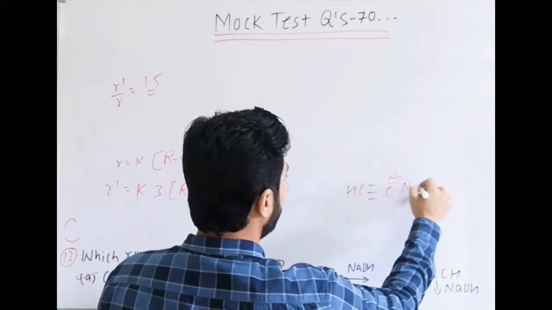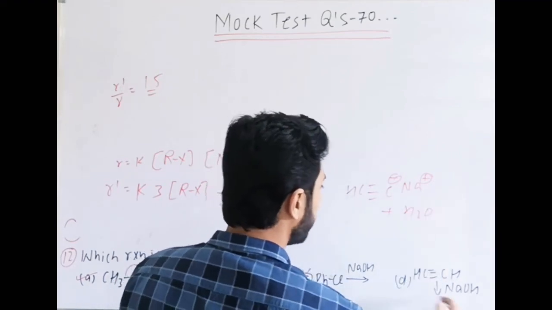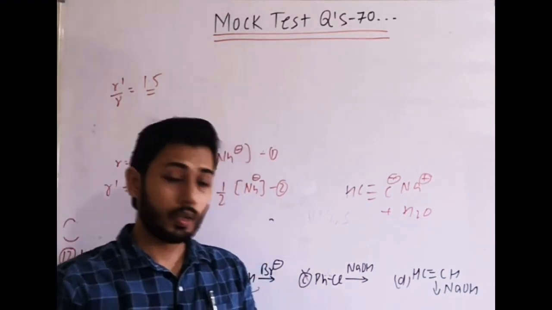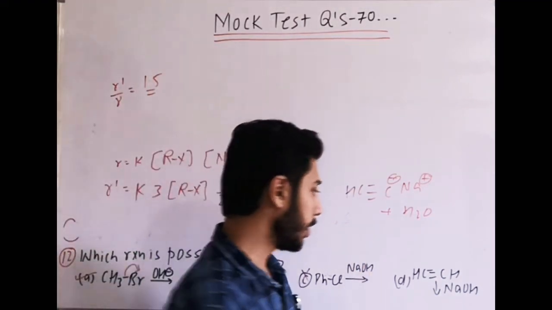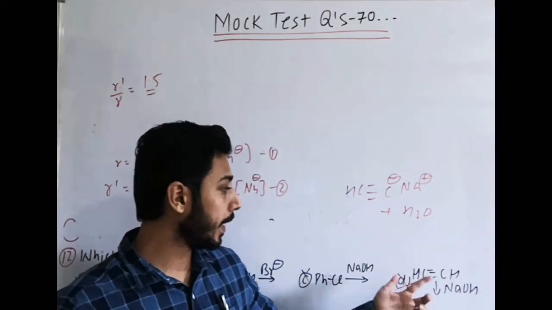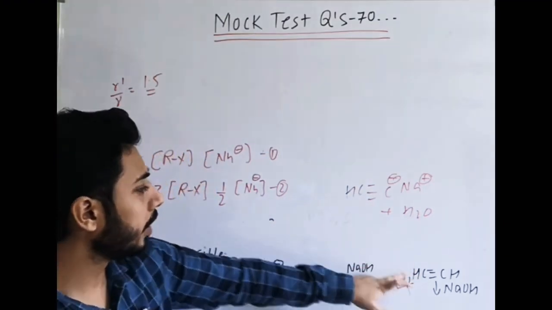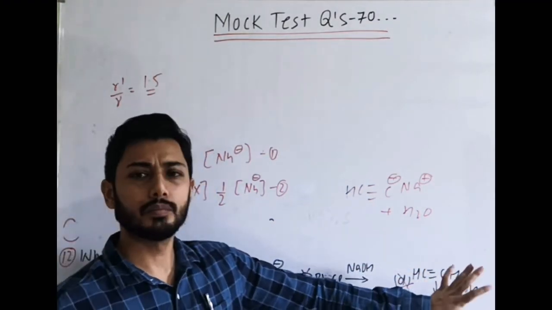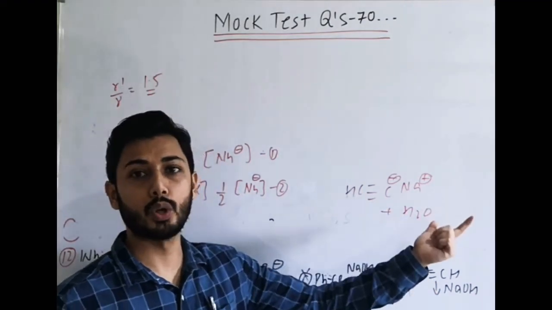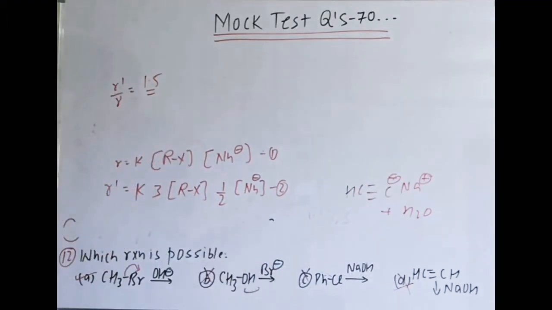The product will be C minus Na plus if it is formed, H2O, but the problem is H2O is more acidic than the triple bonded carbon, so this reaction is not feasible. It will go in the backward direction, so you can mention it is not possible. Why? Because of the concept of acidic strength. A stronger acid will displace a weaker acid from its salt, a weaker will not displace. So here the weak acid is already there, and H2O is stronger, so the weaker will not give H plus. That is the concept from acidic strength in GOC covered.